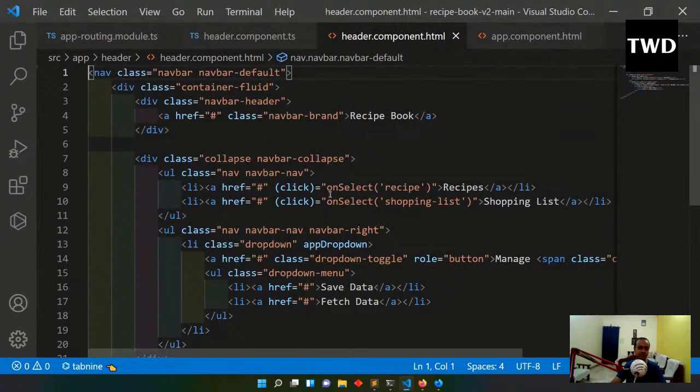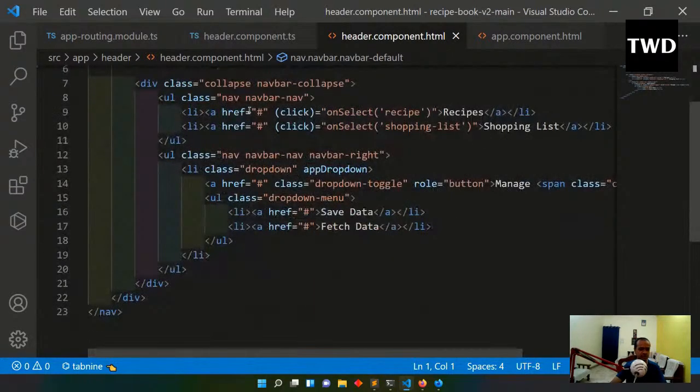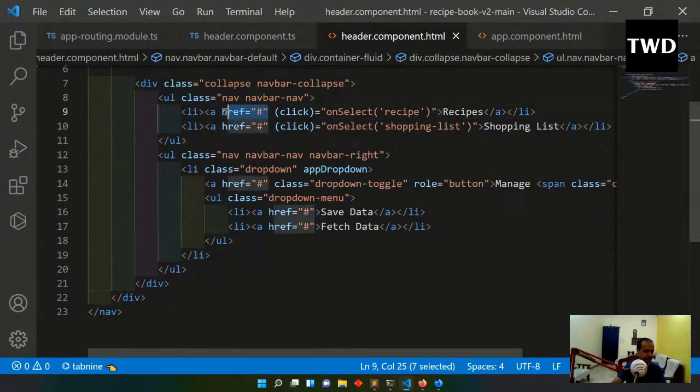Okay, so in the header component.html file, this navbar is there. So this href hash is there. The href hash actually reloads the file, so it is not useful. So instead of this href hash, and this on select and all those things will also not be there. So let me remove it,